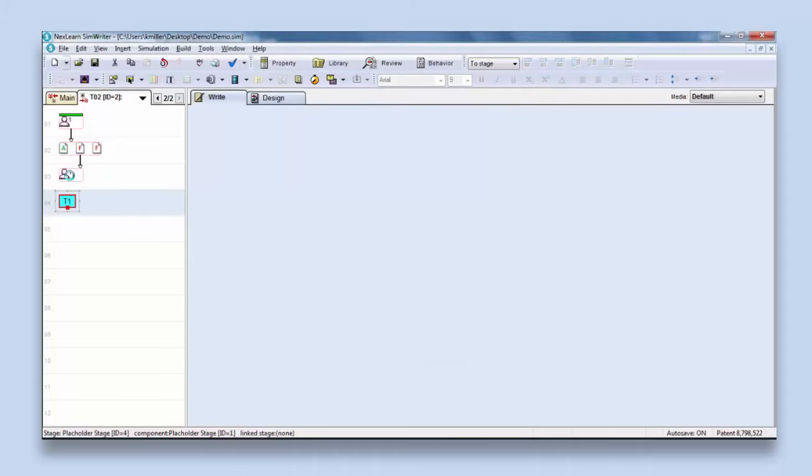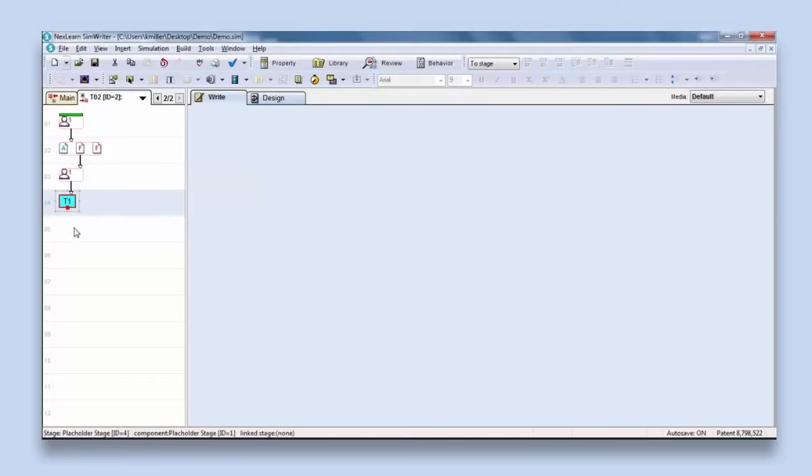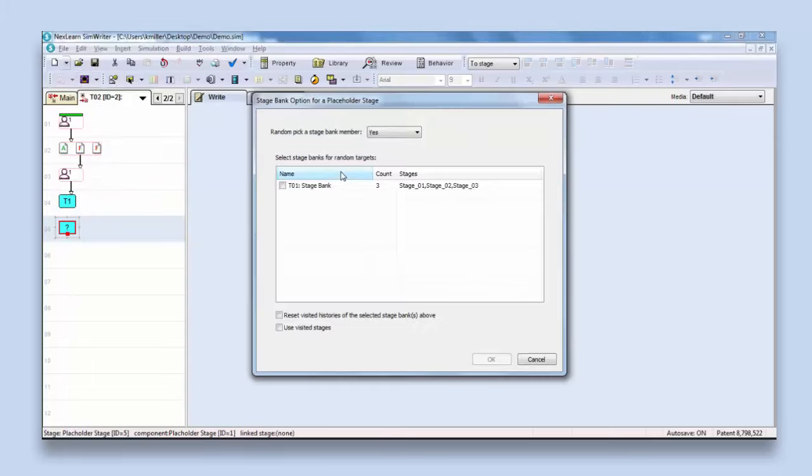Now, perhaps you also have a situation where you want to have two or three, or however many, placeholders in a row. If that's the case, you can drop those in here. We're going to say, yes, randomly pick a stage bank member from this stage bank. Now, if I have this placeholder that's going to show one of those stages, and then I have a second one that's also randomly going to select one of those stages, it's important that I think about this second text